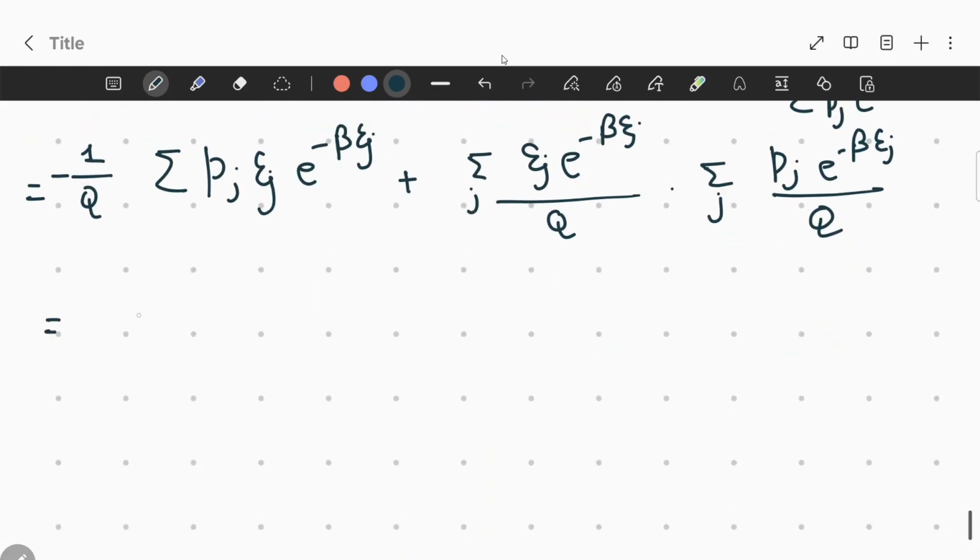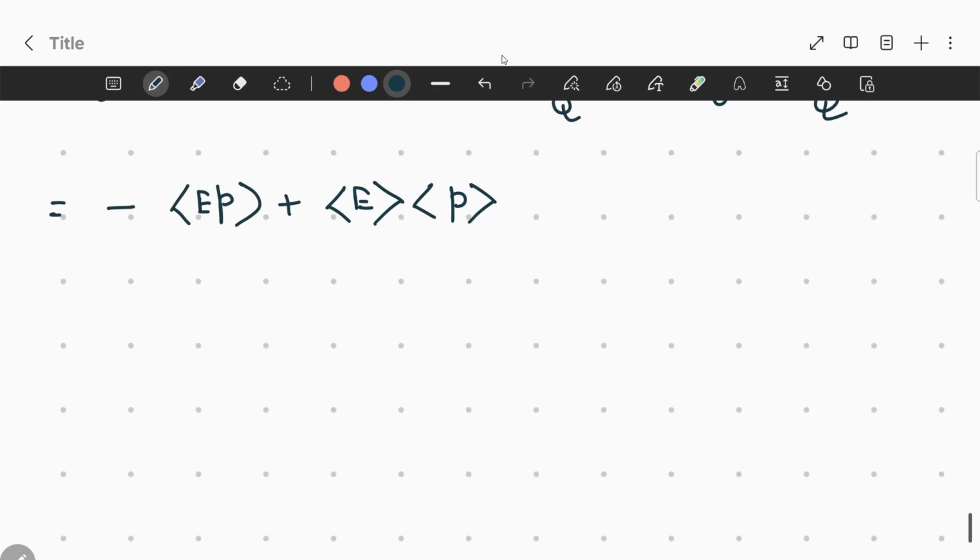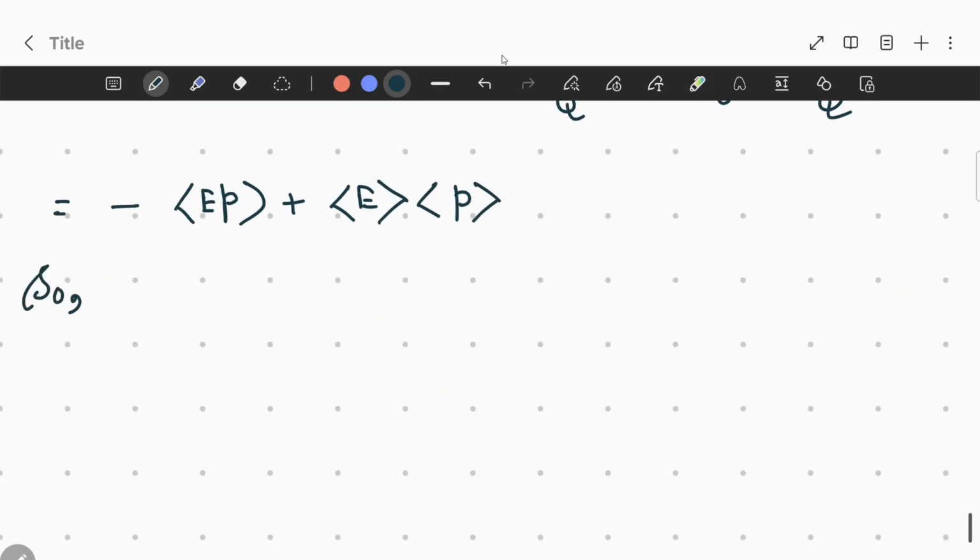So the first term is this, E times P average. This is E average, P average. So now, if you combine the two results, sum up, then